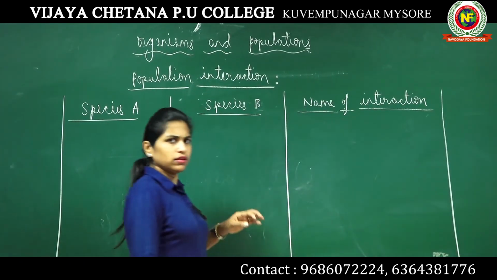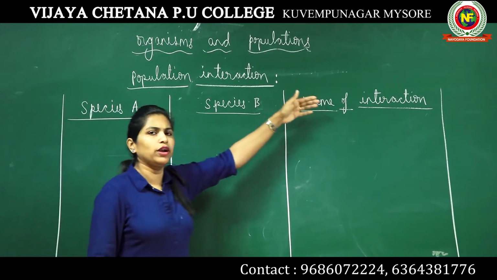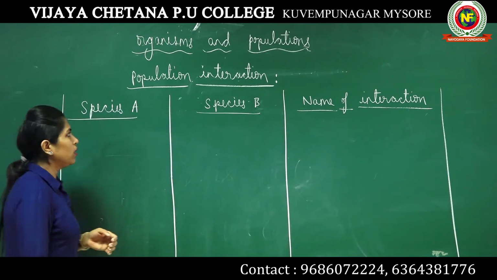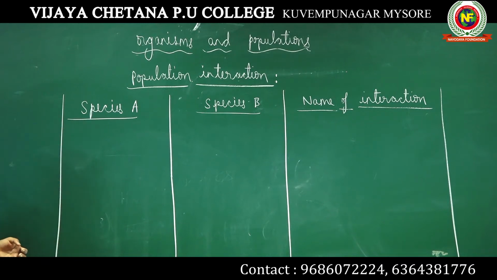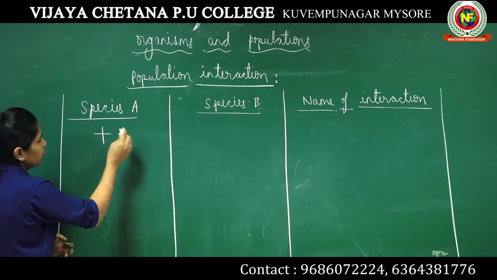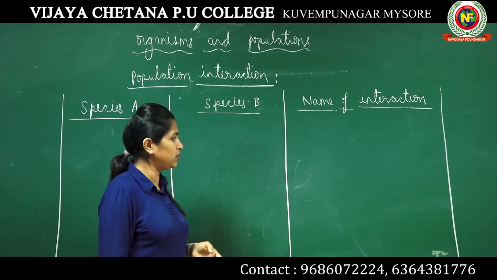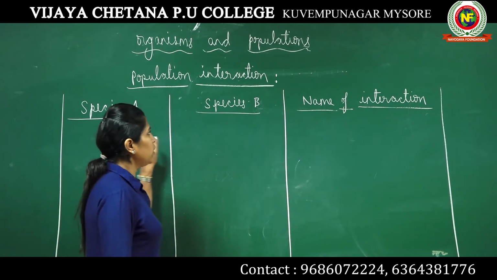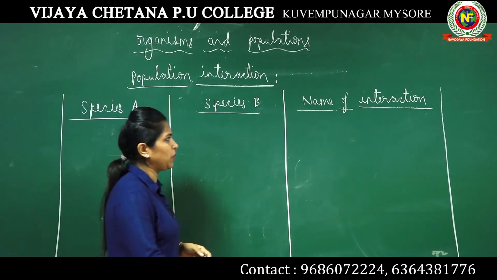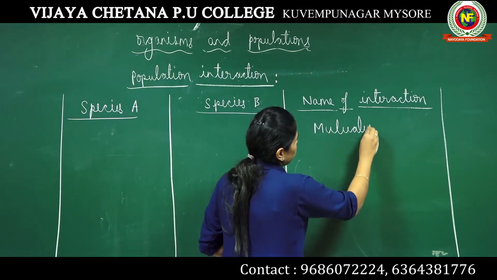Here we are considering two species, and we will write what are the different possibilities of interaction that can happen between them. Okay, species A, we will write the type of interaction in the beginning. Then we will write what is the type of interaction that takes place between species A and species B. First, let me write this type of interaction known as